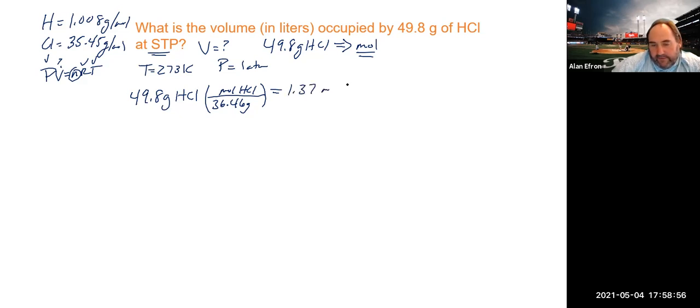1.37 moles of HCl. We now have the moles part. We could obviously use our ideal gas law here and solve for volume. So we'll bring pressure to the other side. Volume would be nRT divided by P. Putting in our numbers, 1.37 moles, our gas constant,